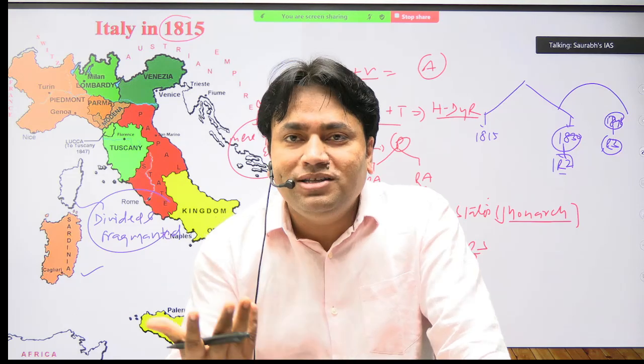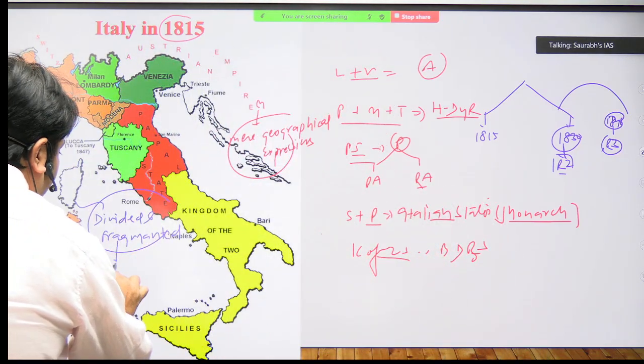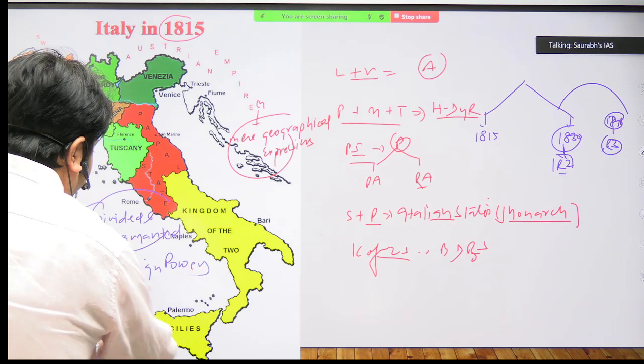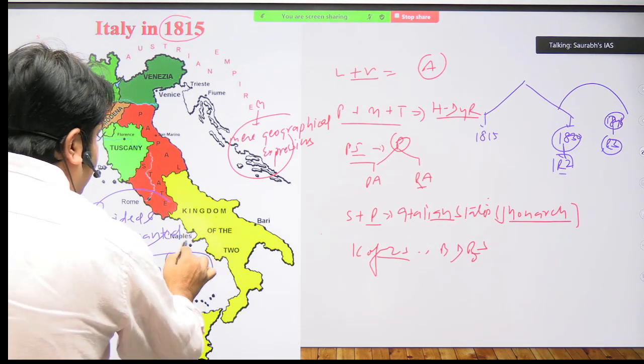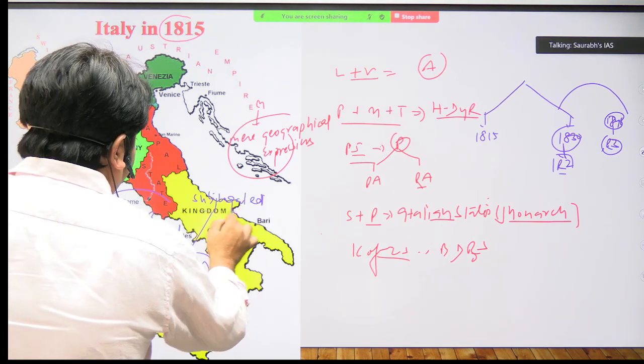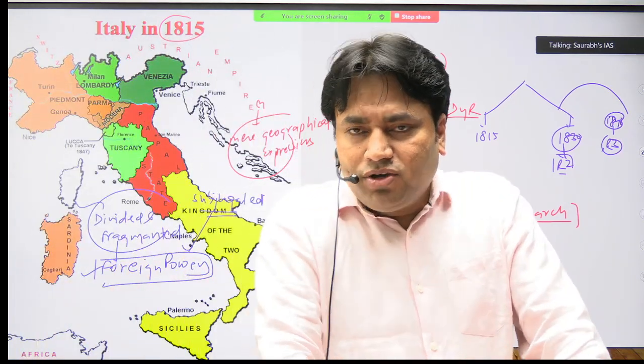This is like foreign subjugation, it is like slavery. So these territories are also in the control of foreign powers. Okay, it means they are subjugated. They are subjugated, right? Under the powerful monarchs of Europe. They are under control of powerful monarchs of Europe.